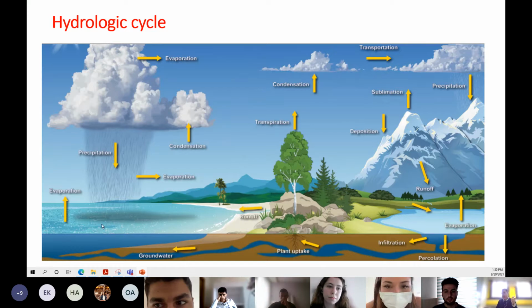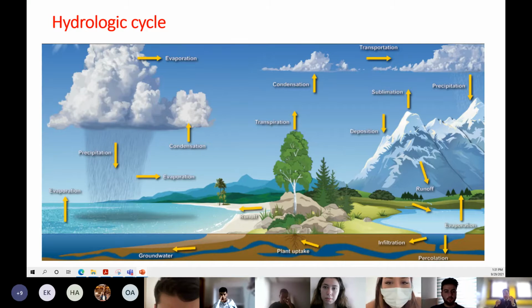When we have precipitation, before going to precipitation, let's introduce a new concept. Assume this part or section of the world is a control volume: a section that you control, and you are going to study that part. I will talk about control volume more. So in this control volume,